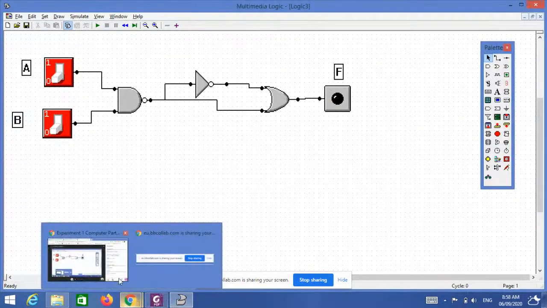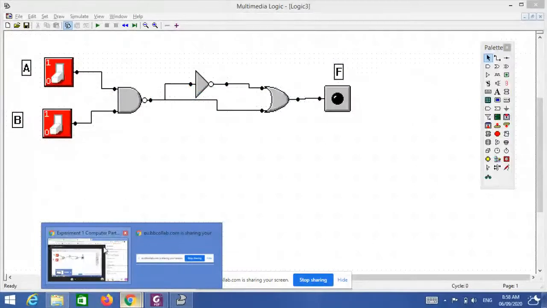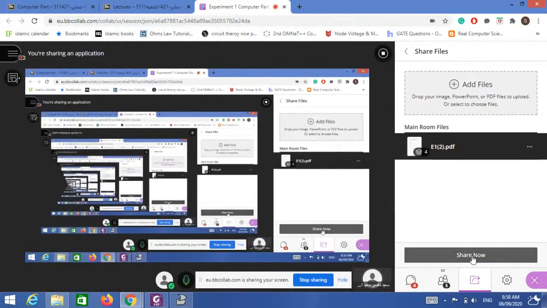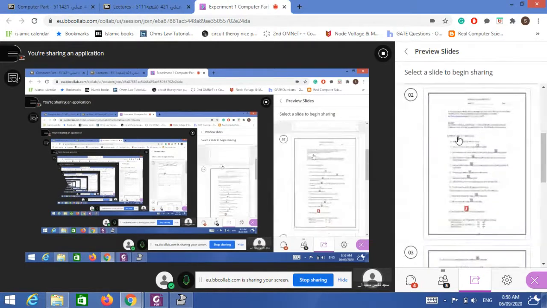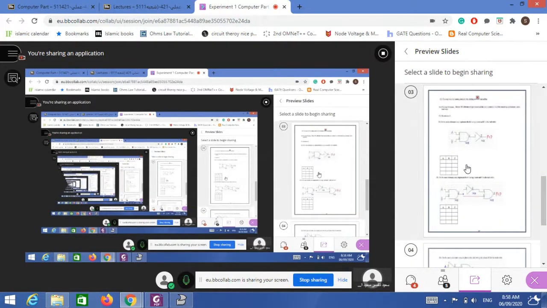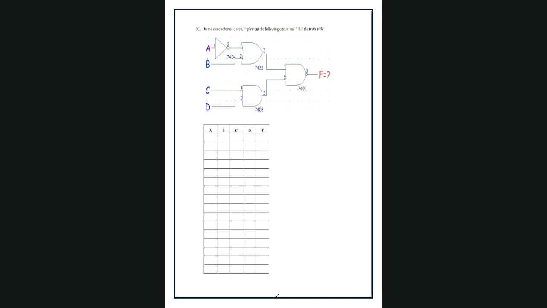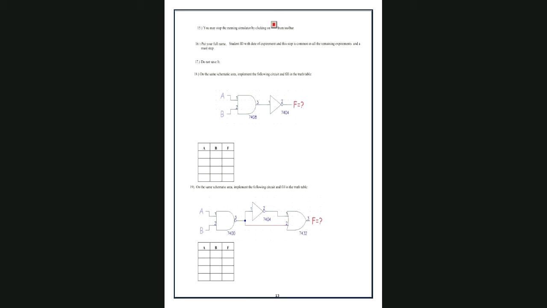Now let's go back to our screen, blackboard, and here, you have only SOP only here. Okay, so see, I'm showing you now. Step number 19.